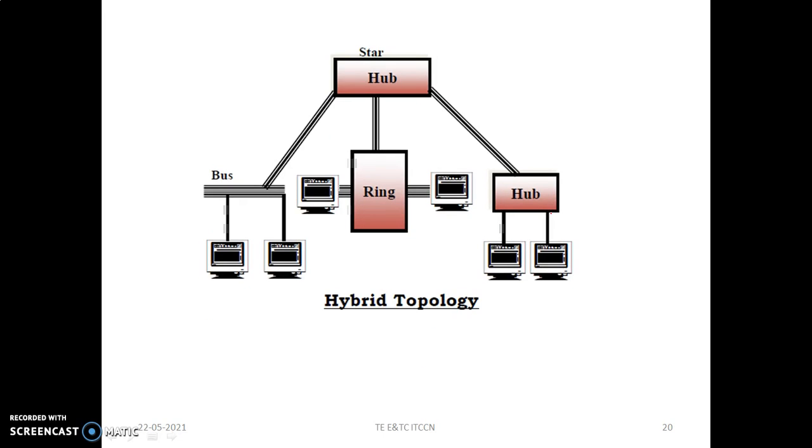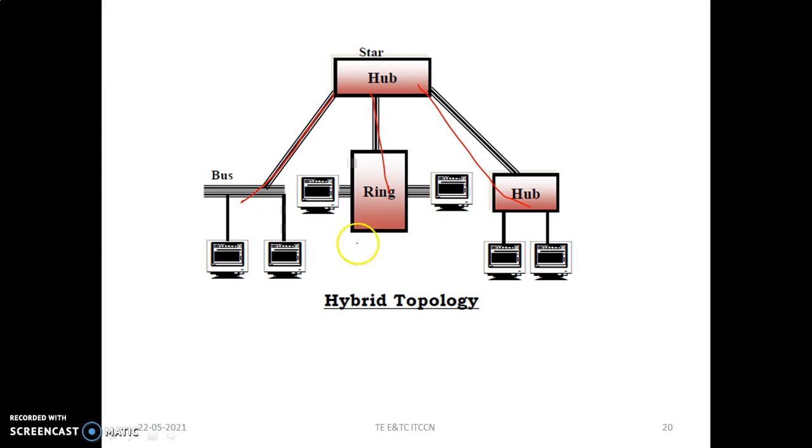So this is the hybrid topology, wherein, if you see, it originally uses the star topology. This acts as one controller, which is also called a hub station, to which the different nodes are connected. Again, this is also a hub station to which nodes are connected in a star manner. This is an example wherein we can call this a bus topology. And yes, this is a complete bus topology that is part of this network, and here it is connected in a ring structure, maybe this to this and this to this.